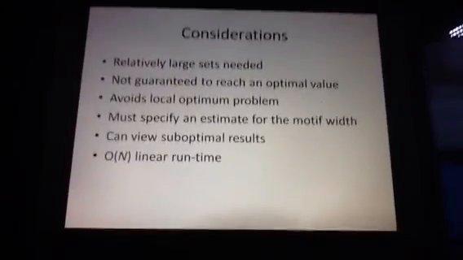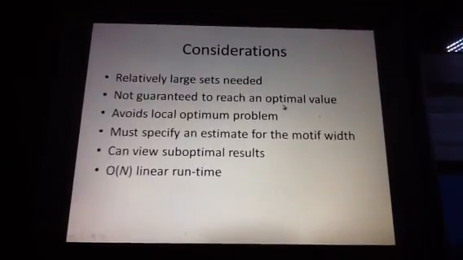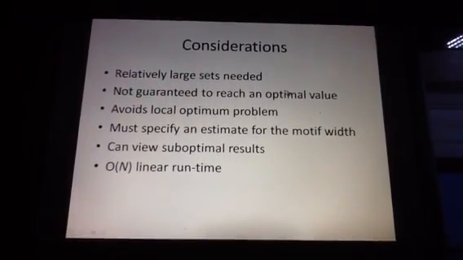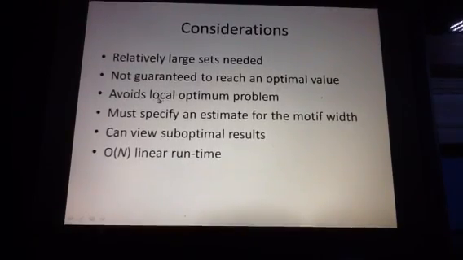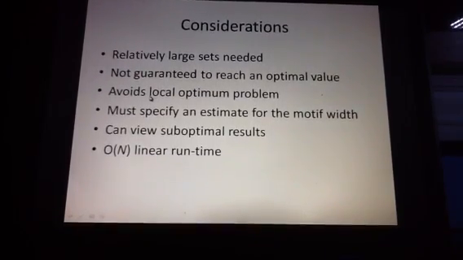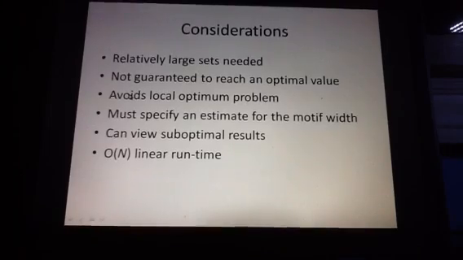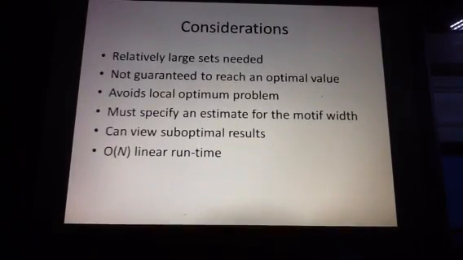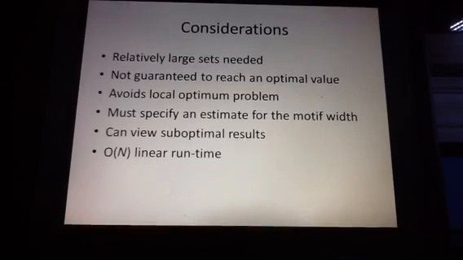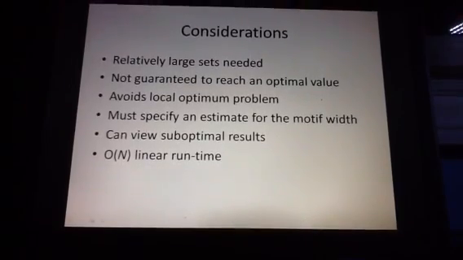And so sometimes you may not obtain the optimal motif positions for all of the sequences. But it's not always that bad, because since you're randomly sampling and you're not always strictly sticking to the probability weights, then you can sometimes avoid